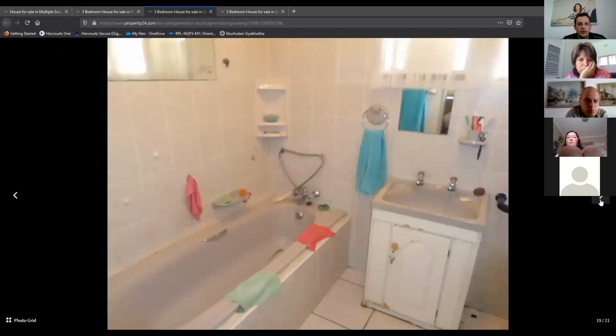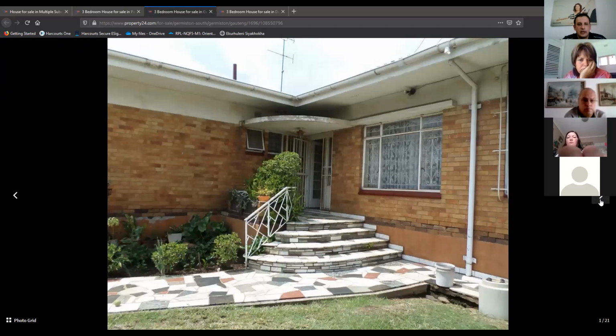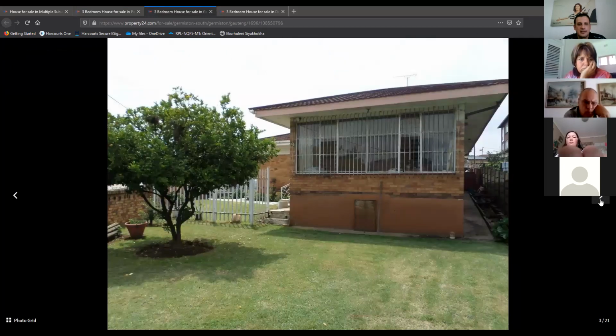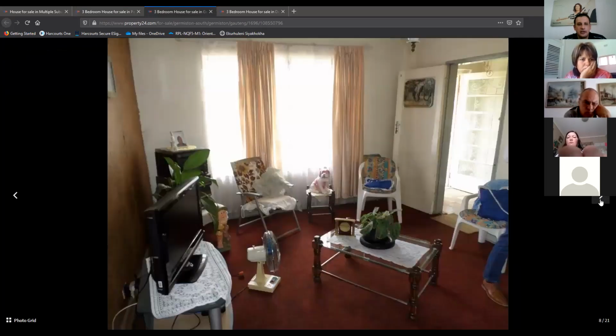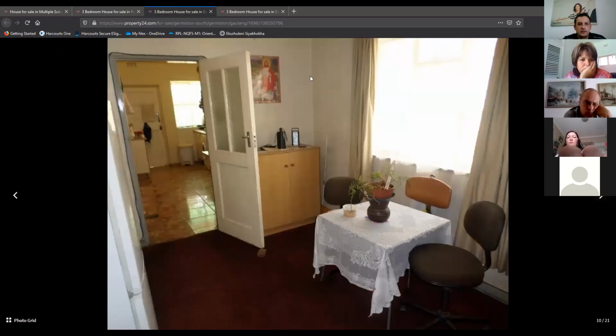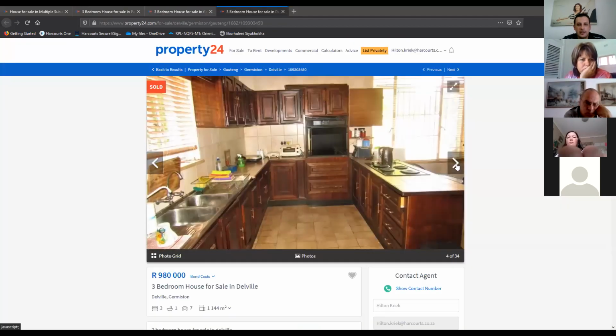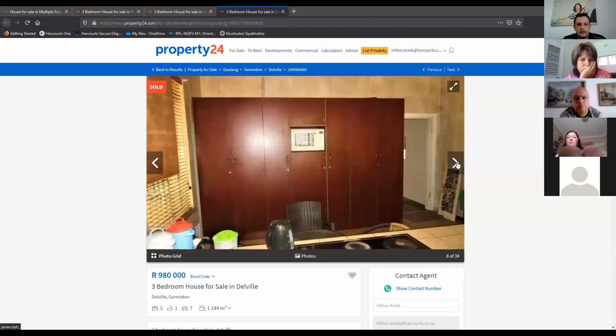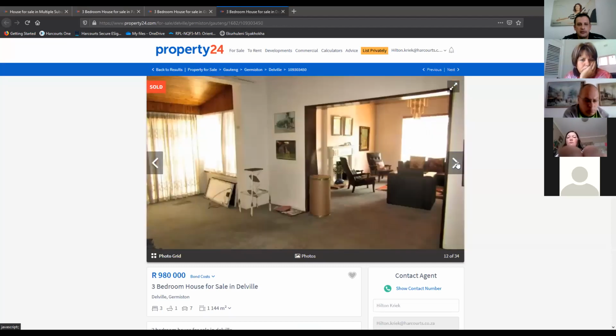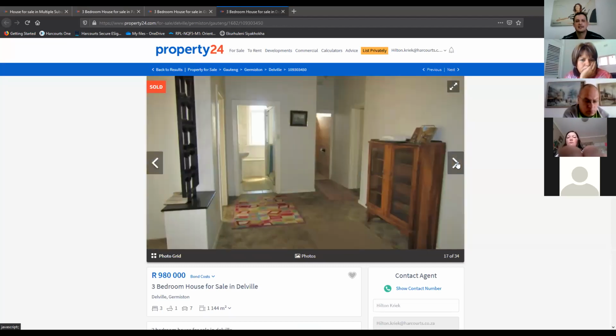We have a look at this property in Germiston South, and you sort of cringe. And you have a look at this property in Delville, and you show them this one, and you go, look, Mr. Seller, we've looked at 3 different properties in 3 neighboring suburbs, because we could only find one in Delville. They all have 3 bedrooms, 1 bathroom. They're all over 1,000 square meters, the stand. We've had a look at the 3 of them.